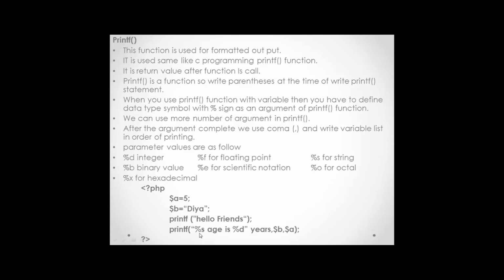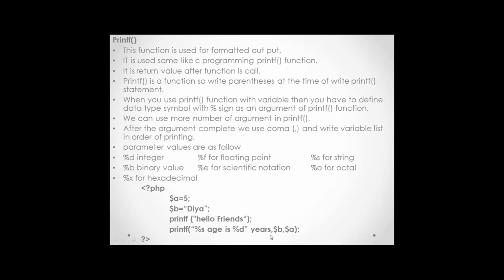That means it will print br age is, and the second parameter is for an integer value. I use %d and my $a has the integer value 5, so after that comma I use the $a variable. So here it will print 5. The whole message will print like br age is 5 years.